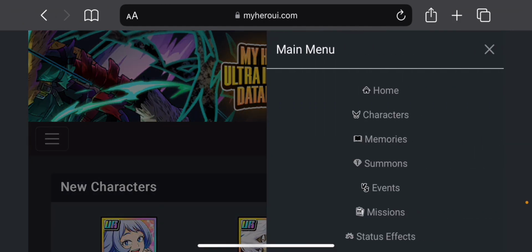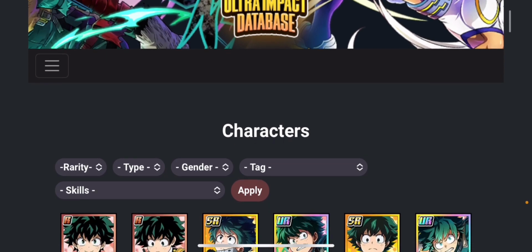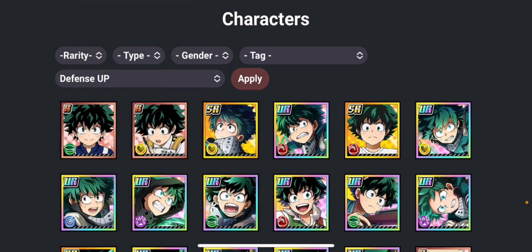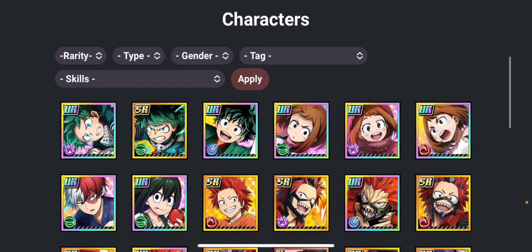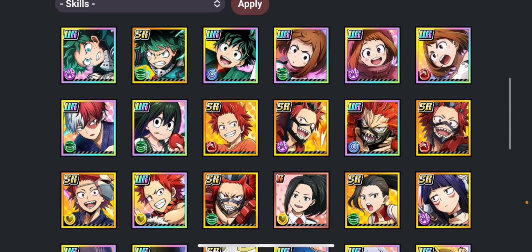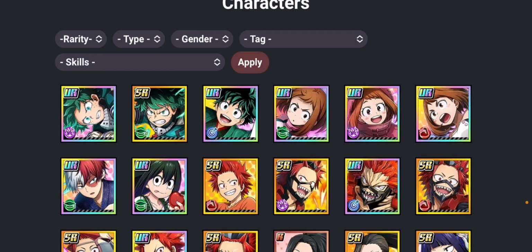So what type of characters do you need to beat this Re-Destro? Let's start off with the characters first. One thing we're going to do here is go to skills, put defensive up, apply that, and then bam. Some of these characters here are going to be helping you make sure that you can beat this Re-Destro. Because sure, you can get Re-Destro all the way down to 1 HP, but the